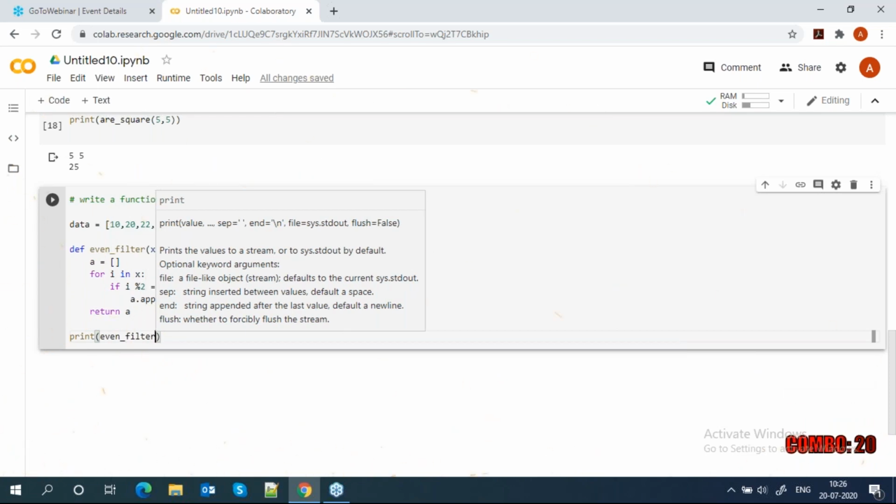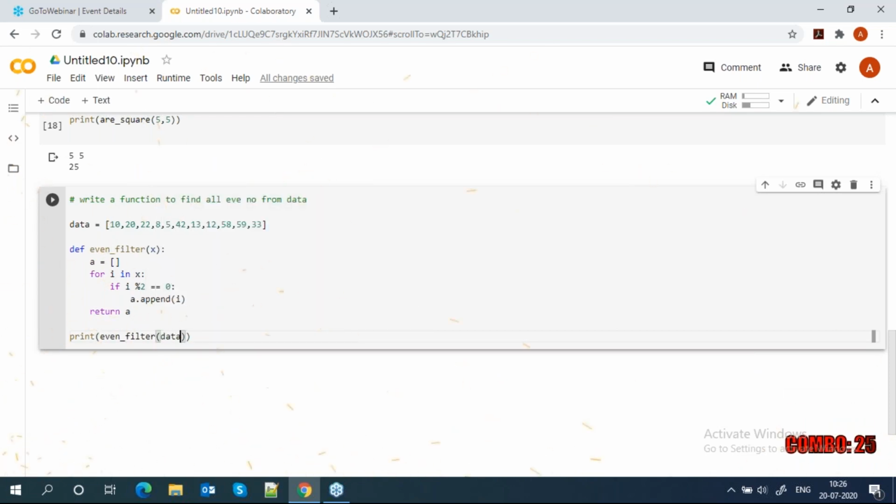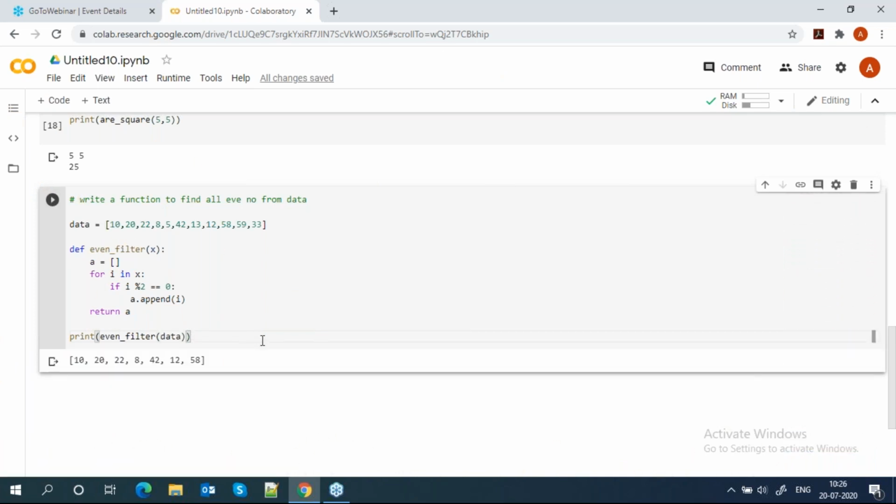So here my data is there, and whatever my data, it will return A. Whatever is stored, you can see 10, 20, 22, 8, 42, 12, 58, these are the even values. So I will filter these out from this particular data.